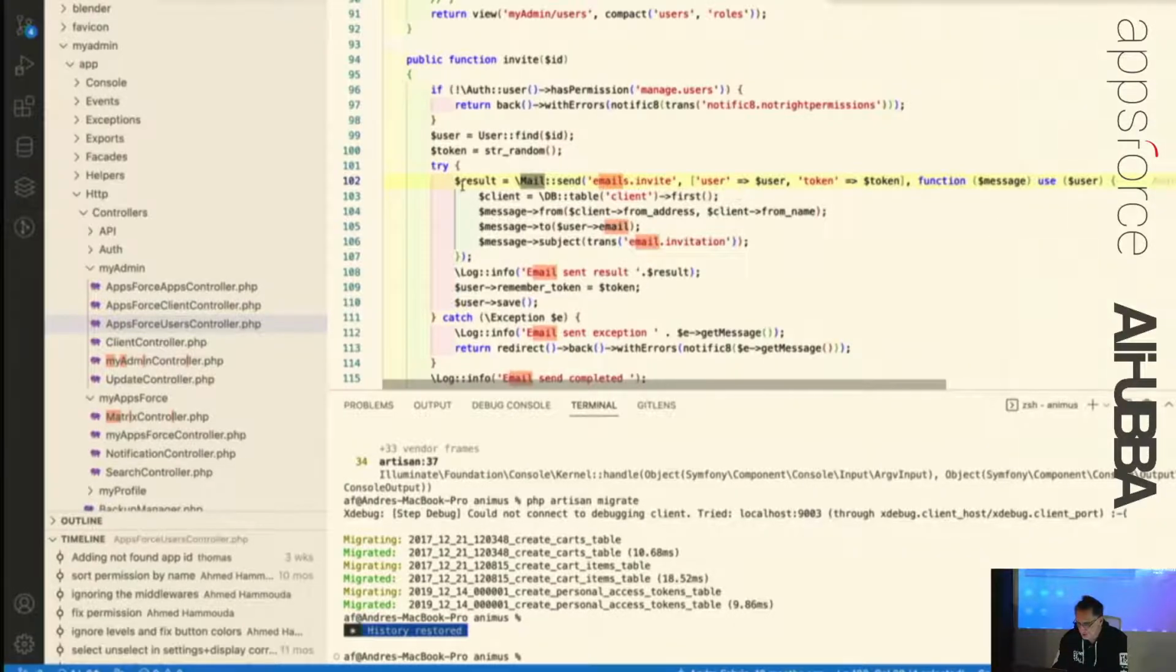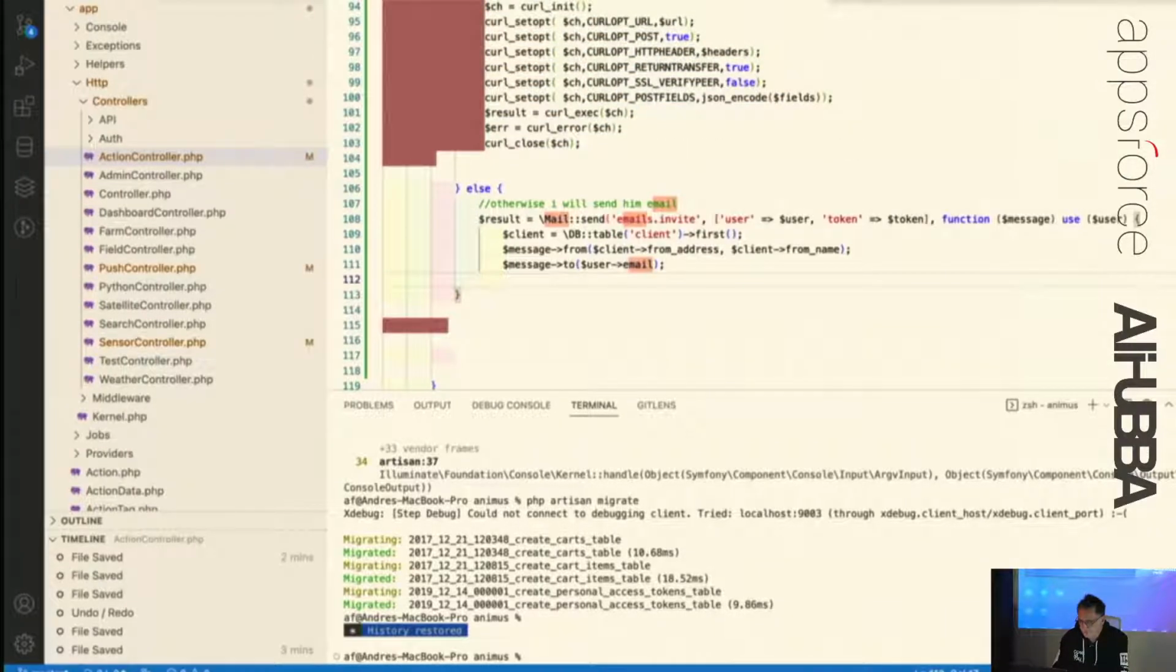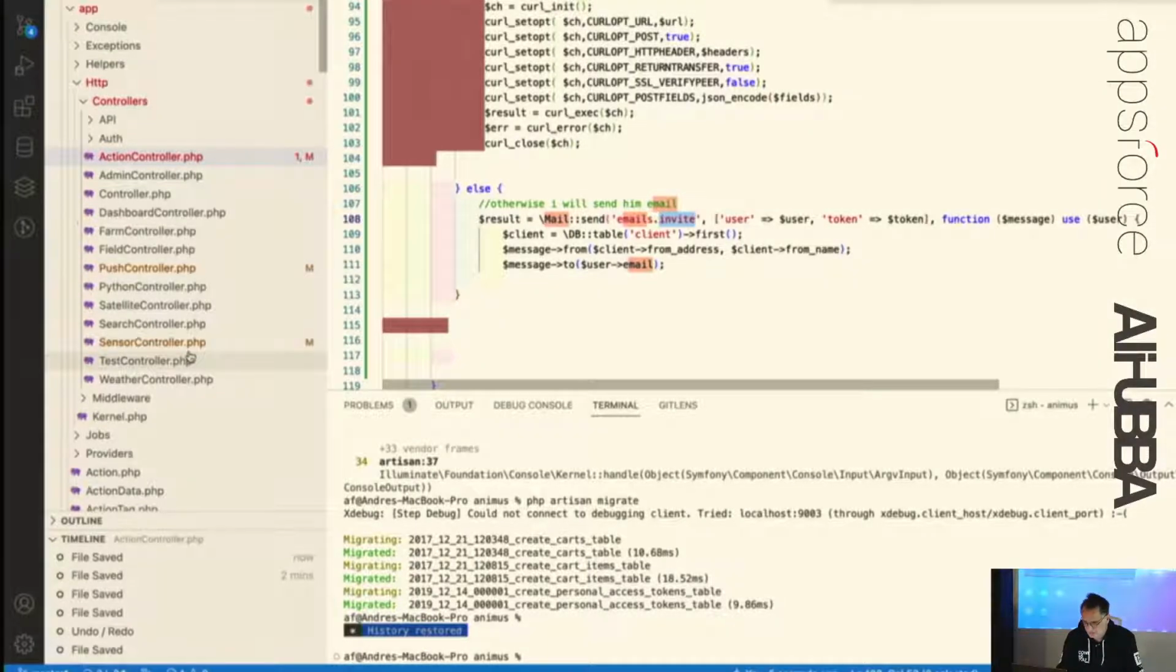Yeah, so that's how I send the email. Of course, I have to do a few things, okay? I have to create the email inside my